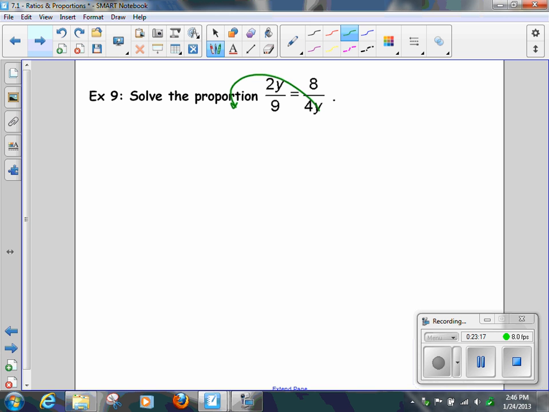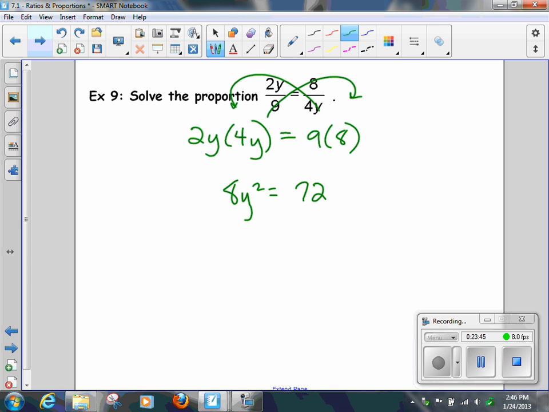Hey, I want you to write this out, every step, okay? 2y equals 2y times 4y is equal to 9 times 8. Just bear with me. This is complete algebra right here. What's 2y times 4y? 8y squared. 9 times 8 is 72, right? And how are you going to solve that? Divide by 8. And you're going to get y squared is equal to,